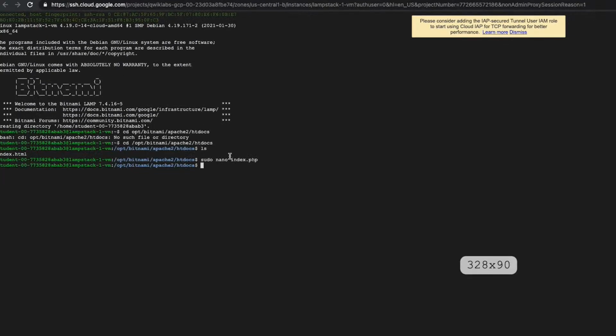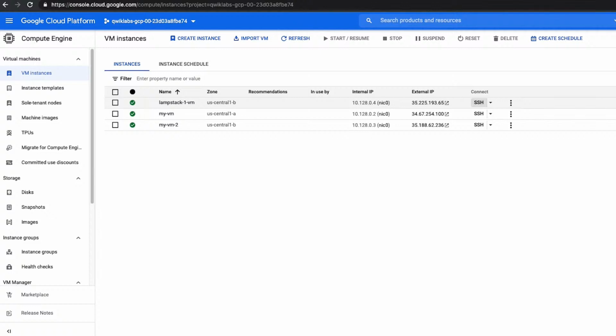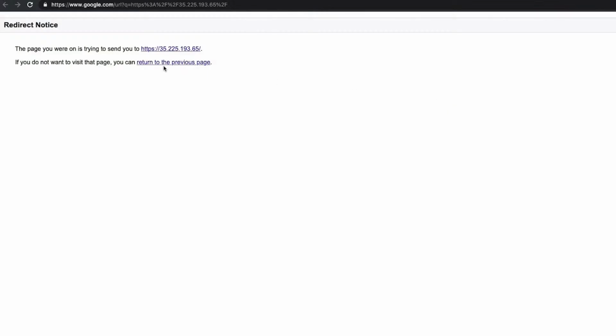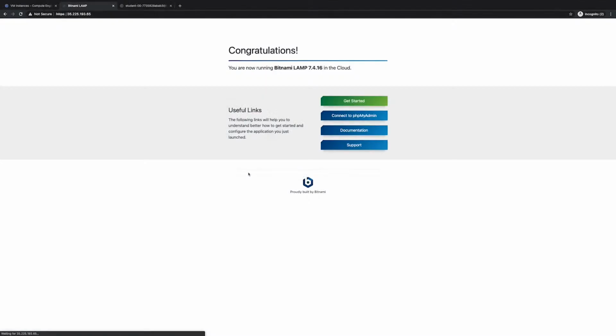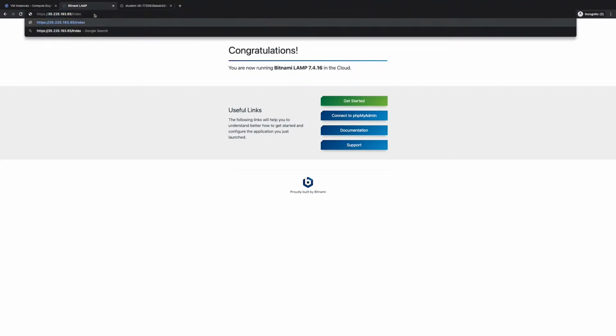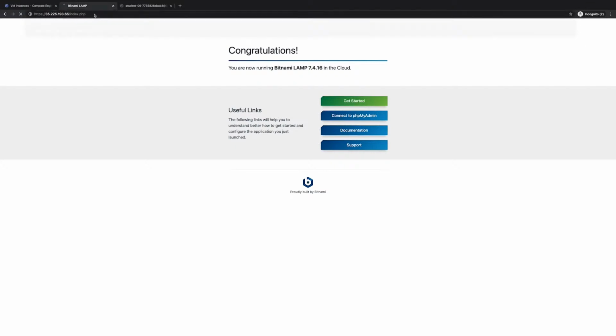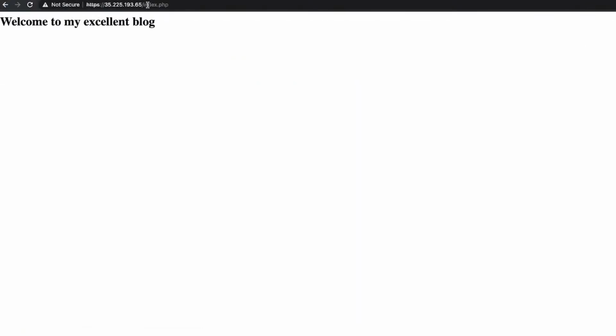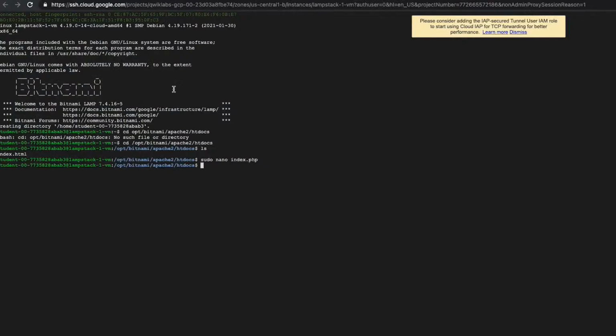I'm going to leave the SSH window open because I'm going to go back here to my VM instances. I'm going to click on my VM stack, and it should bring me to the starting page. Yes, I want to keep going with this one here. It brings me to the starting page for Bitnami. And if I change that URL now to /index.php, I should see the file I wrote, which is exactly what I wrote there. It's a web page that literally just has my welcome to my excellent blog in there, which is exactly what I wrote